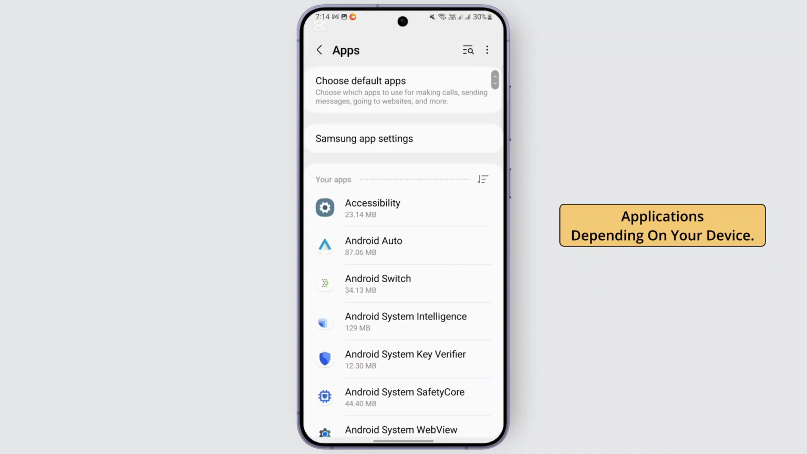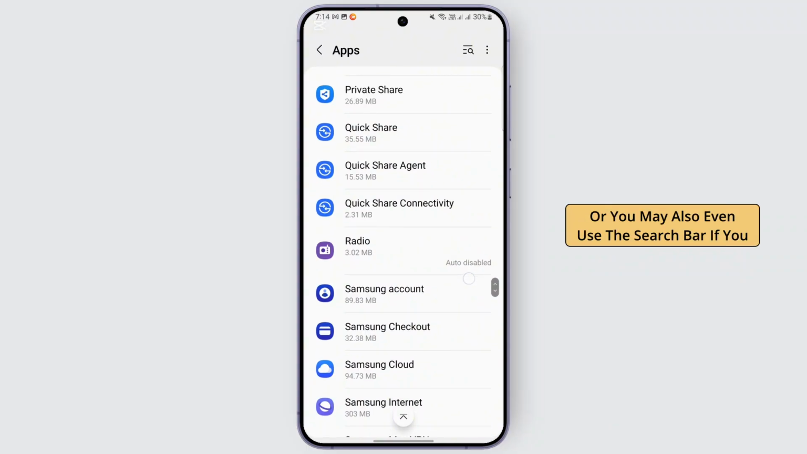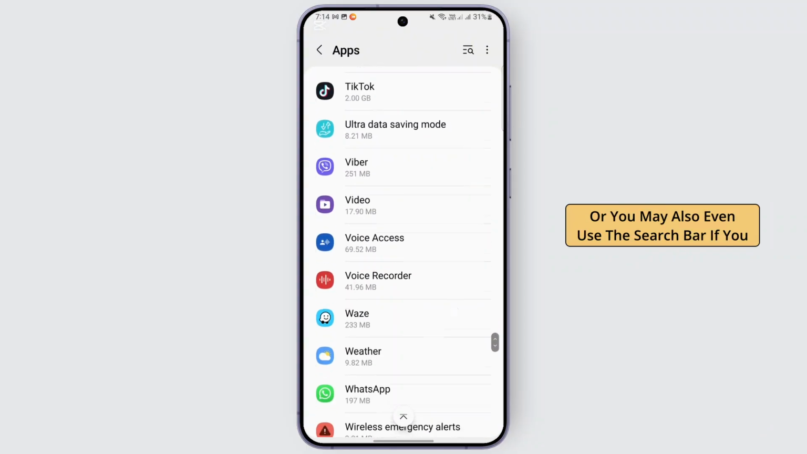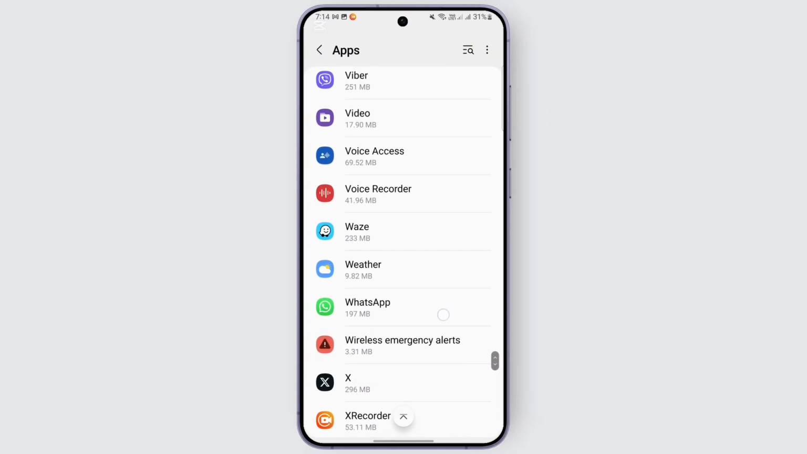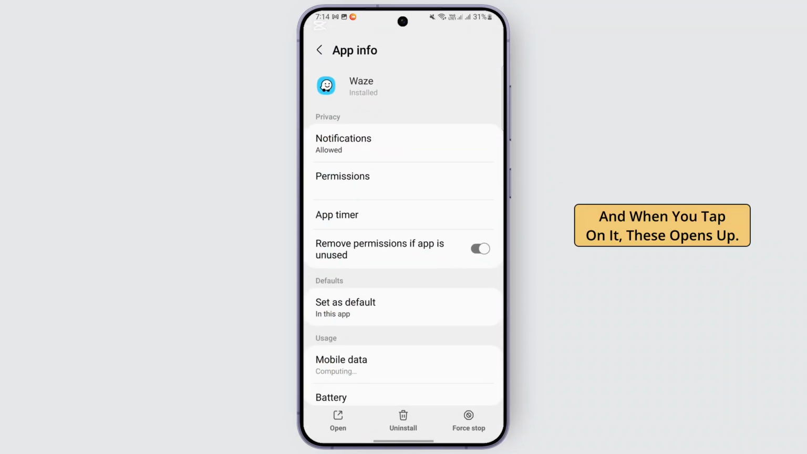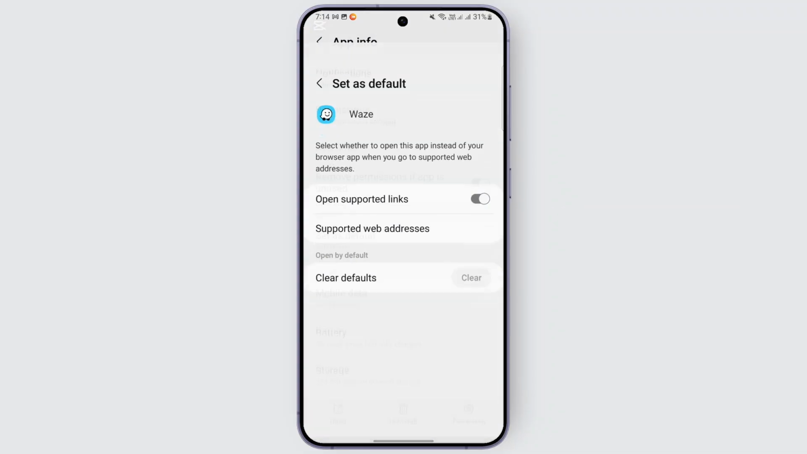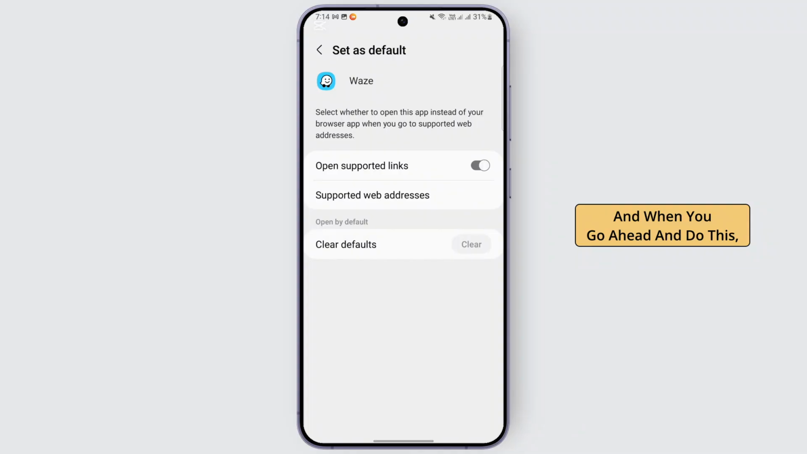Applications, depending on your device, and from here you may scroll down and look for Waze, or you may even use the search bar if you can't find it, like this. So head over to the Waze app, and when you tap on it, this opens up, and in the section you should be finding an option called Defaults. Tap on this, Set as Default, and when you go ahead and do this, tap on this, Open Supported